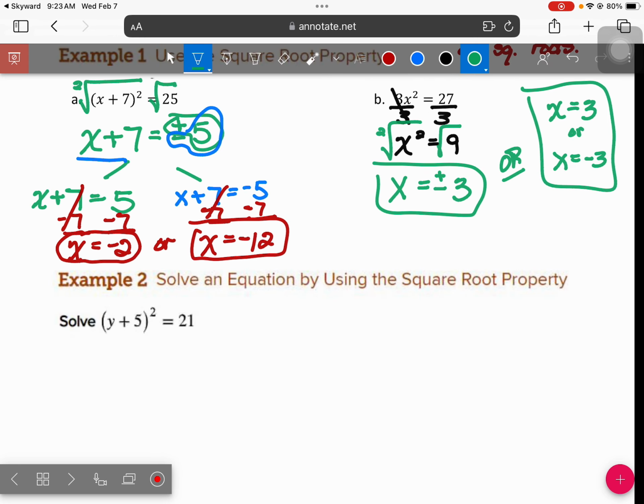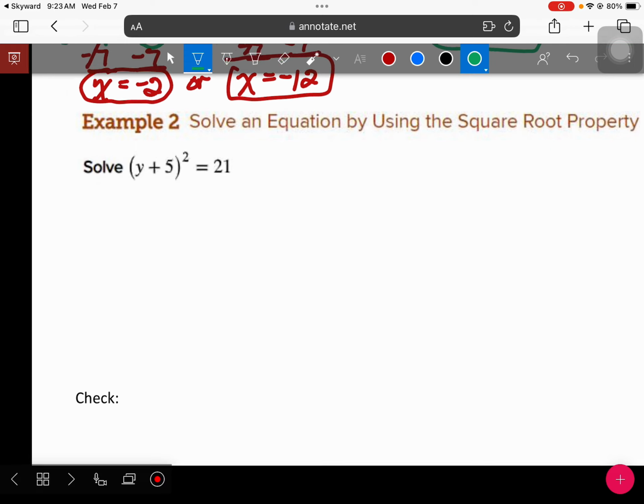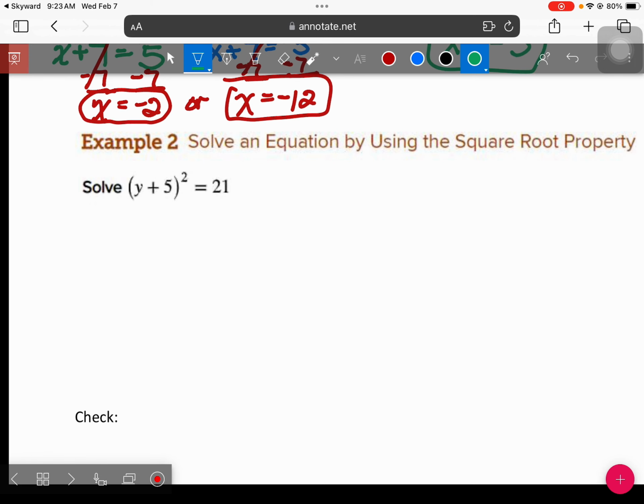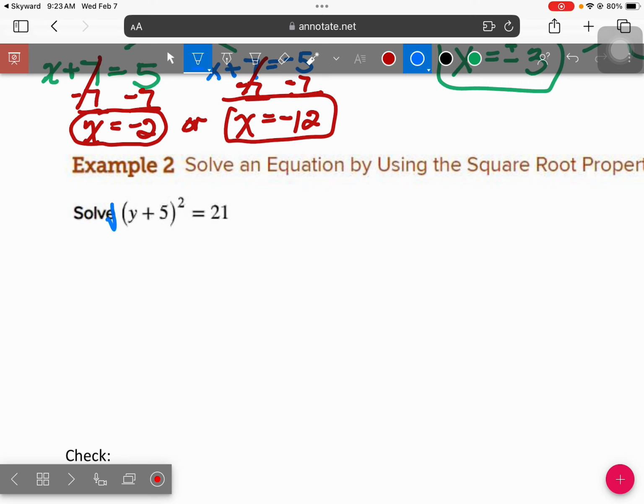All right. Let's go to the next one. This one is similar to one we already did. Quantity y plus 5 quantity squared equals 21. Is the squared part isolated? Yeah, it is. It says y plus 5, that whole thing is squared. That's the only part that's squared. It is by itself on that side. So let's take the square root. When you take the square root of something that is squared, you get that individual something. Y plus 5